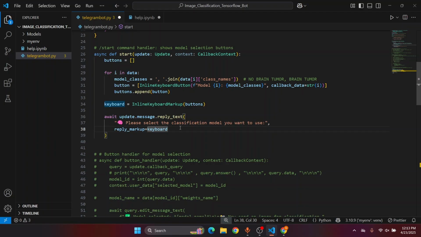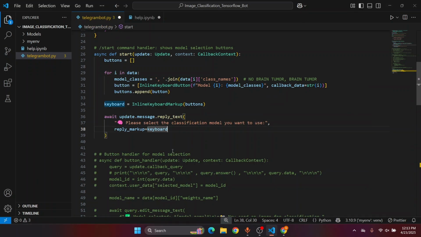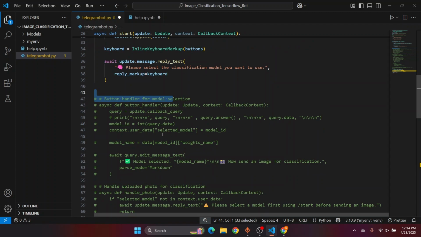And to show those buttons, model 1 and model 2, below this message, I use this reply_markup keyword. Just give this keyword here. You can see that it will display the message, Please select the model, and these two buttons will display below that. Okay, now